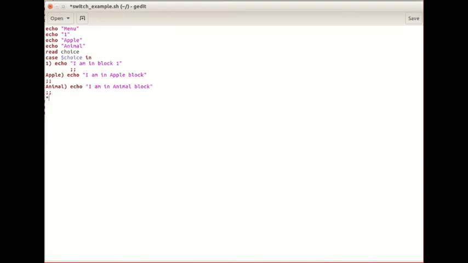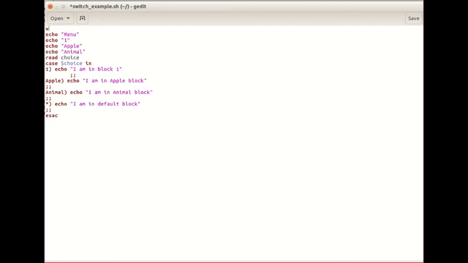The default block is created by using a star symbol. Once the switch case is completed, it is ended by esac.